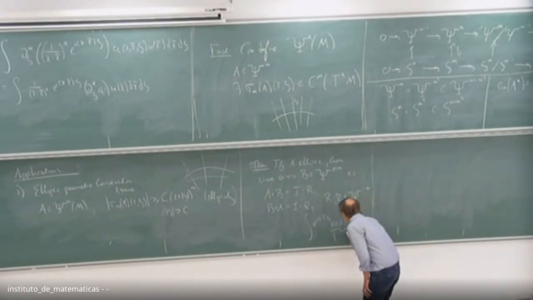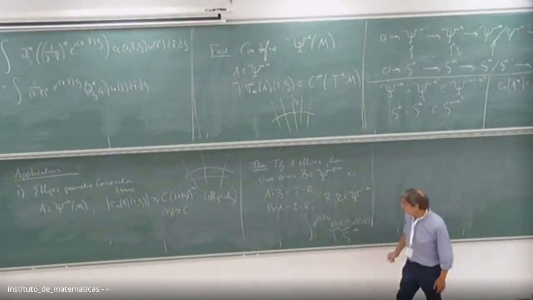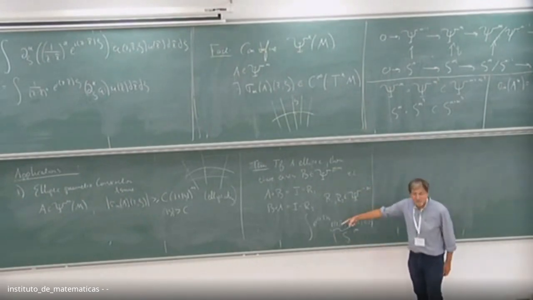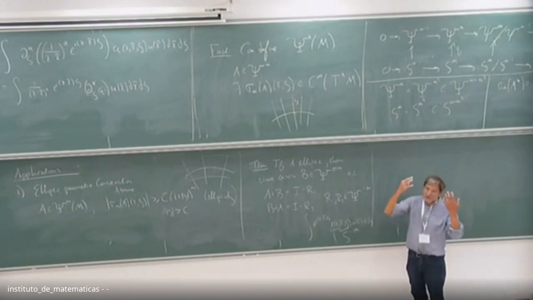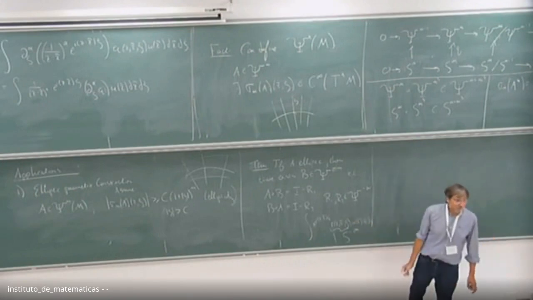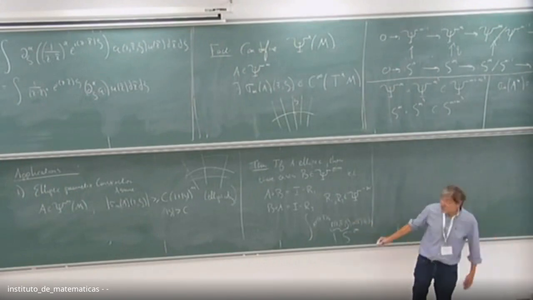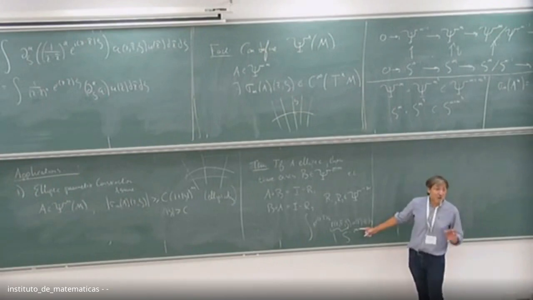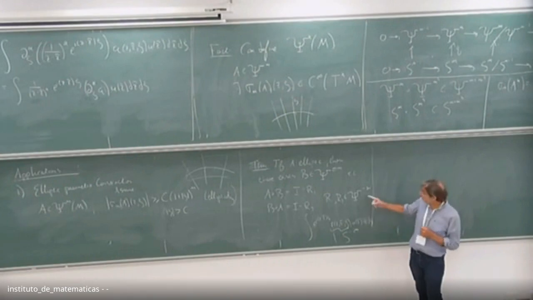If this is of order minus infinity, what does that mean? It means I take u, take its Fourier transform, multiply by something rapidly decaying, and take the inverse Fourier transform. I get something smooth no matter what I put in. So no matter what u is, the output is smooth. That's why it's called a smoothing operator.